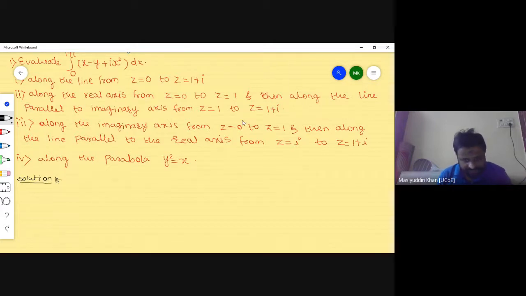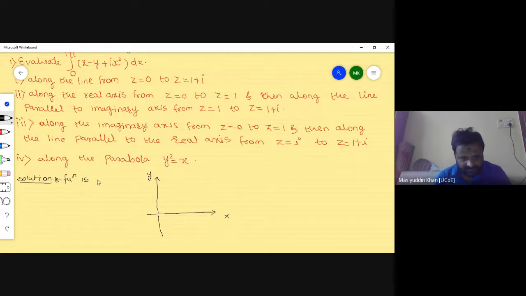So the solution I'm representing. This is the x-axis. This is the y-axis. So you will understand very well. Now see, as I mentioned clearly in the first lecture, when 1 plus i is given, it is in terms of a complex number, meaning x is equal to 1 and y is also equal to 1, because a complex number is basically represented as